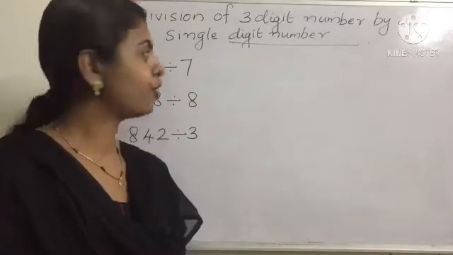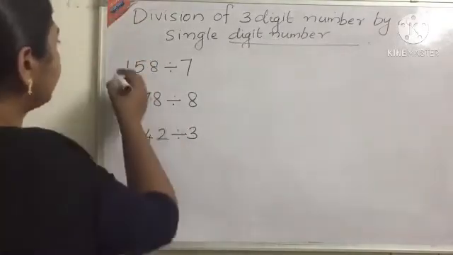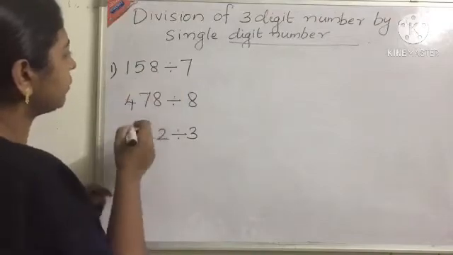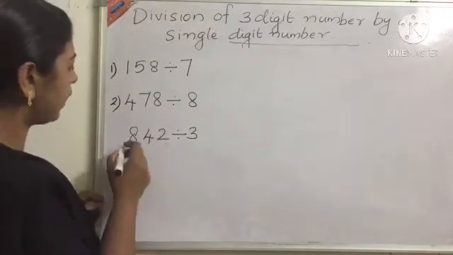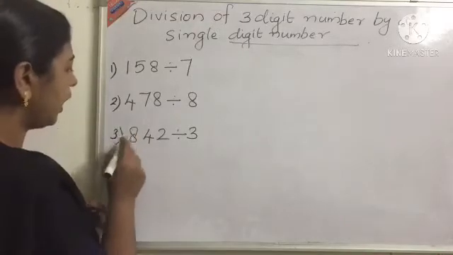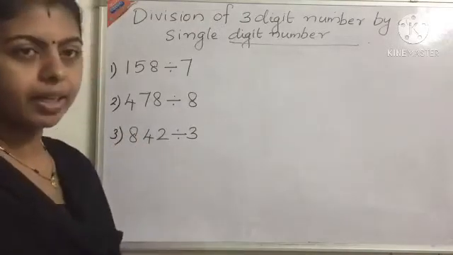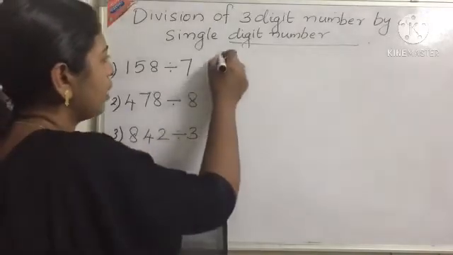The next set of questions. First one, 158 divided by 7. The second question, 478 divided by 8. Third question, 842 divided by 3. Okay, we can